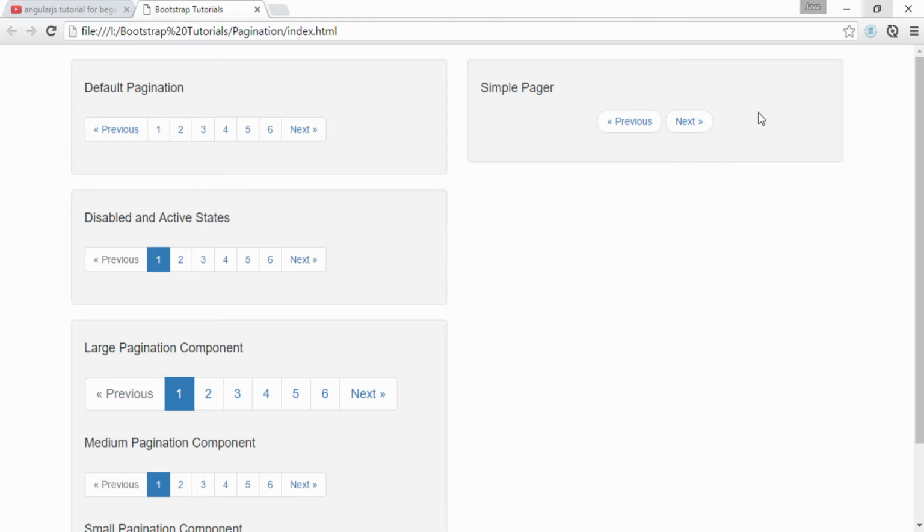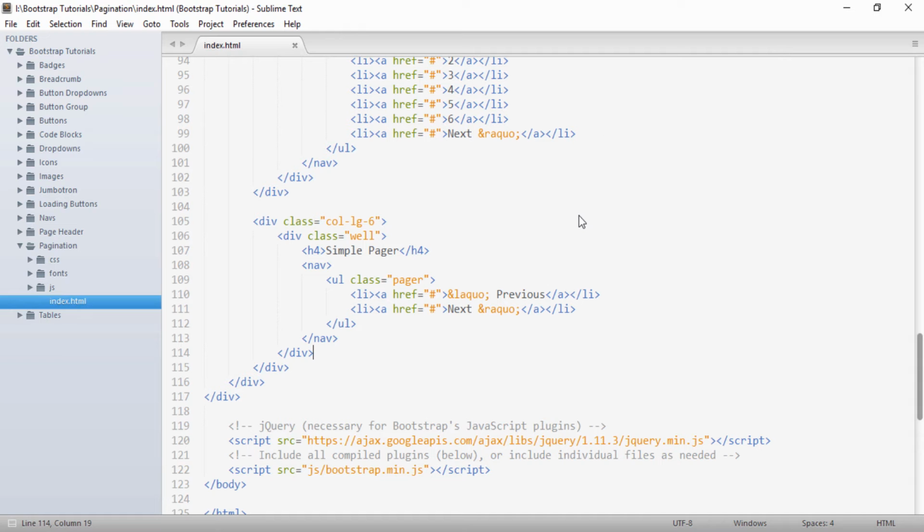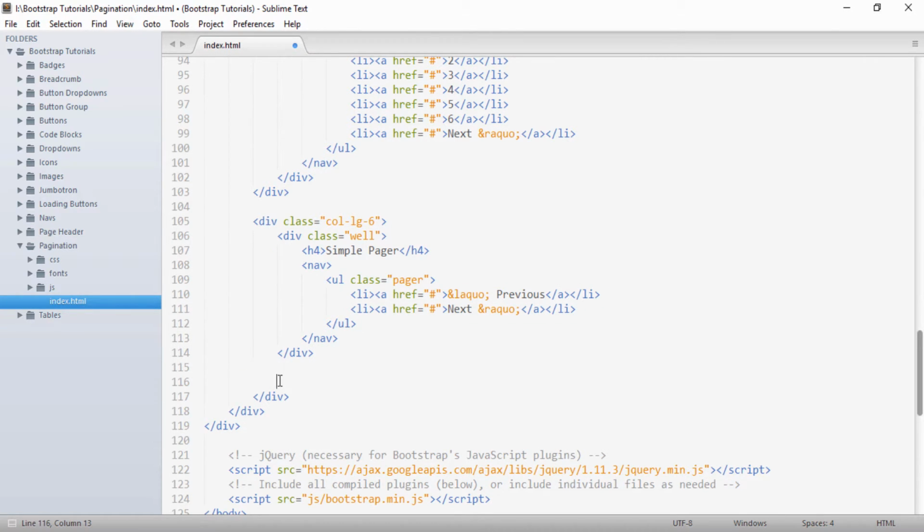You can see that these two buttons are next to each other. Normally on a website, the previous is on the left hand side and the next is on the right hand side. In order to create an aligned pager, I will just copy this part and paste it here.